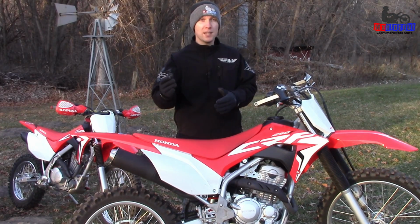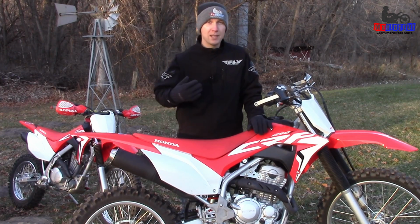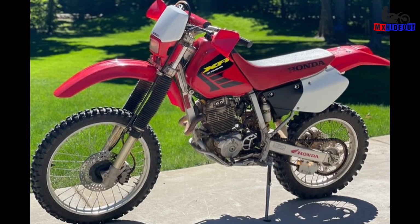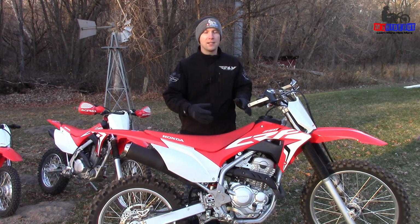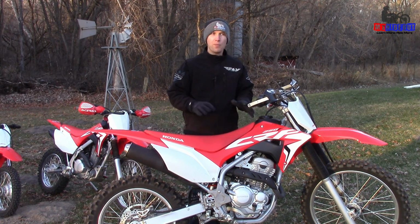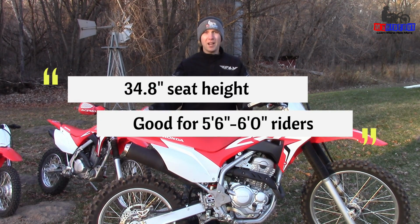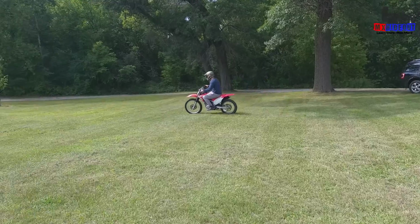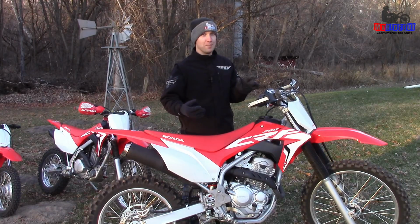And even though it takes the place of the 230, it's actually more similar, in my opinion, to the XR250, which Honda stopped making in 2004, as far as the power and the size goes. So the seat height is about 35 inches, which is good if you're about 5'6" to 6 foot, depending on your inseam length, but it's a wide range of riders, and this engine is about as beginner friendly as